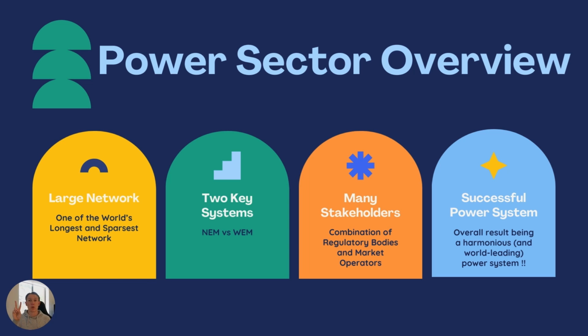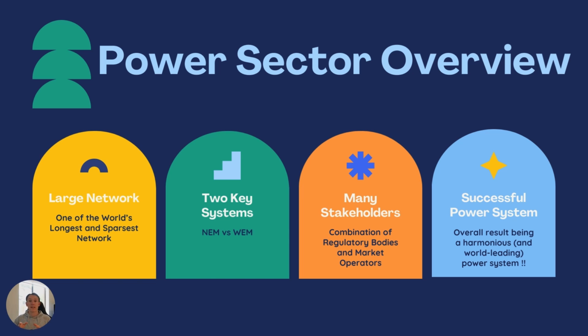We've gone over that there are two key systems, the NEM and the WEM, the national electricity market and the wholesale electricity market, along with their different stakeholders. There are two types of stakeholders generally involved: a regulatory body and a market operator, each with different roles. But overall, they contribute to a successful power system. We've had electricity in Australia for probably over 200, 300 years, and although the operators and regulatory bodies have evolved, the infrastructure has evolved with them. And we can go to bed every day knowing we're going to wake up to a charged phone. So you can't ask much more in Australia.